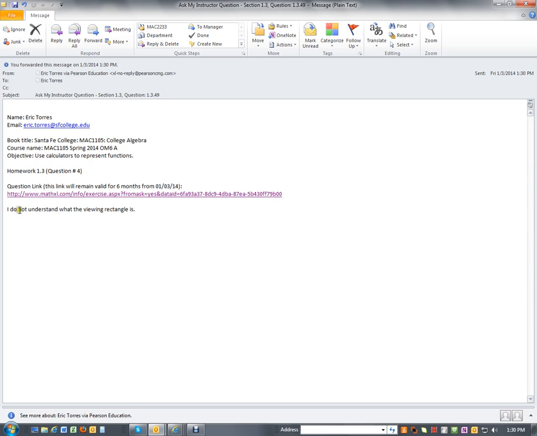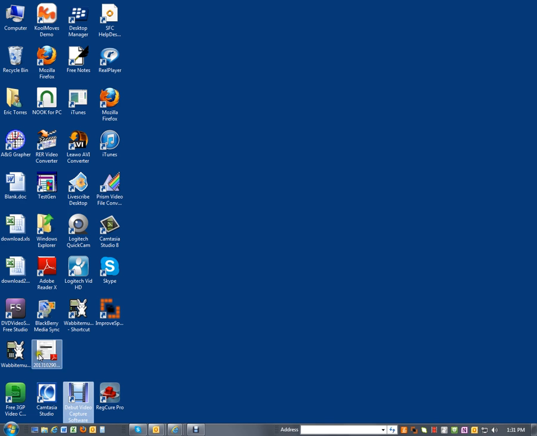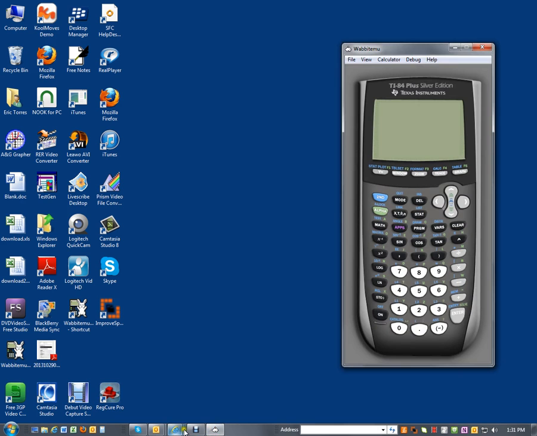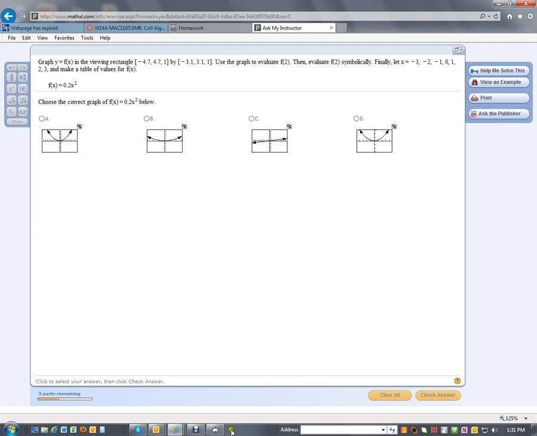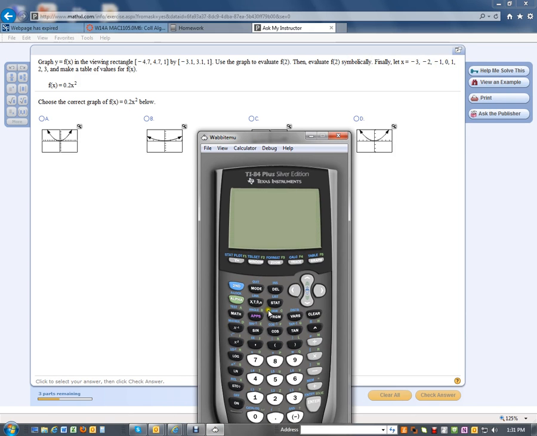I get your message. I do not understand what the viewing rectangle is, so I read that before I look at the question. And then what will happen is I'll make a short video showing you how to use this on your calculator. I'll go over as I'm making the video, pulling up my graphing calculator, and I can work the question for you and tell you what that viewing rectangle really is when you plug in a formula such as this,